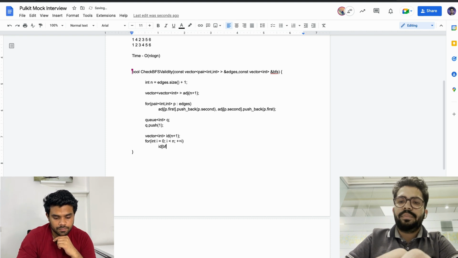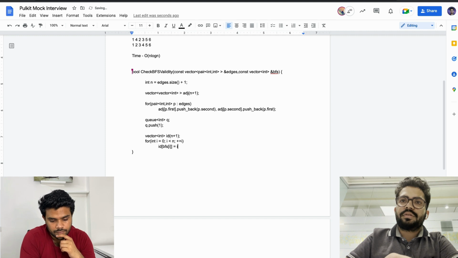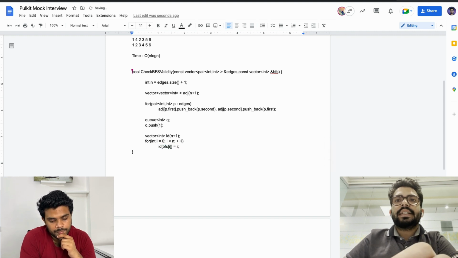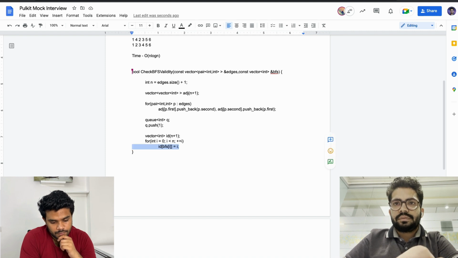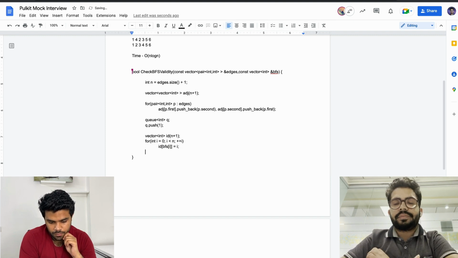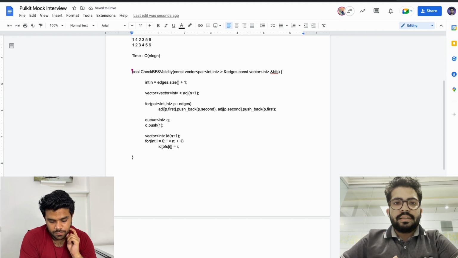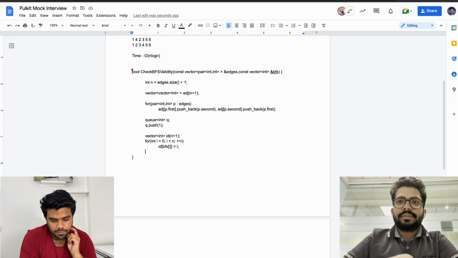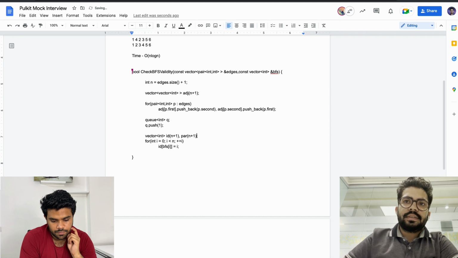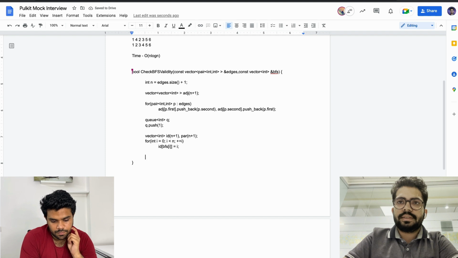So ID of BFS of i equals i. Now after this, instead of just the ID, I'll also have a parent array as well, which will store the parents of all the nodes. So I think this is all I need.